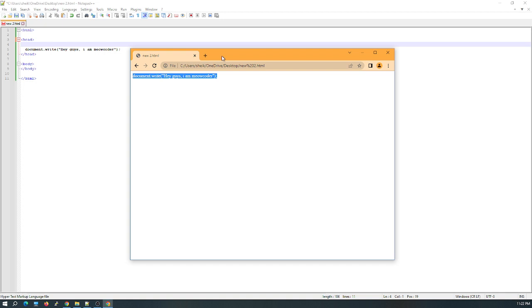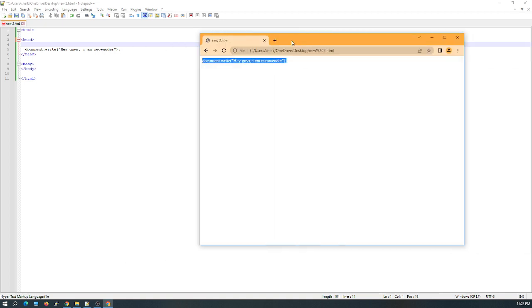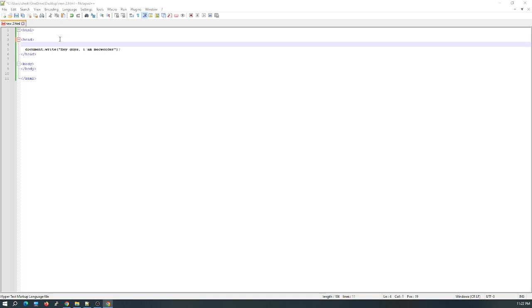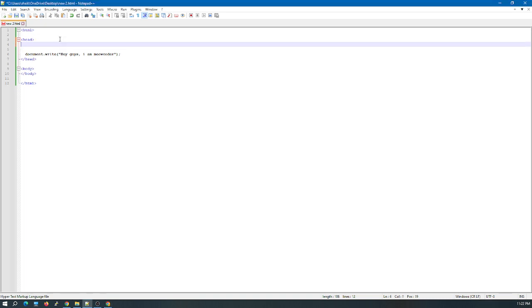So we made a mistake in that we did not tell the browser which script language we are using. To do that, we have to write script type. What type of script are we using? Text type of script. And what is our scripting language name? JavaScript. Okay, so